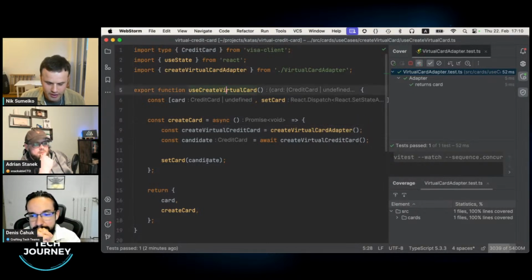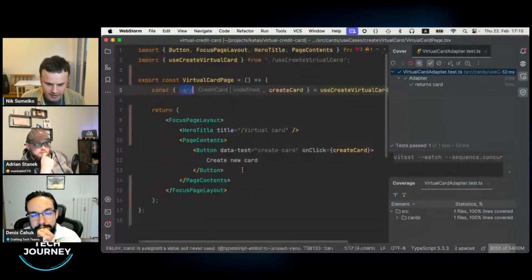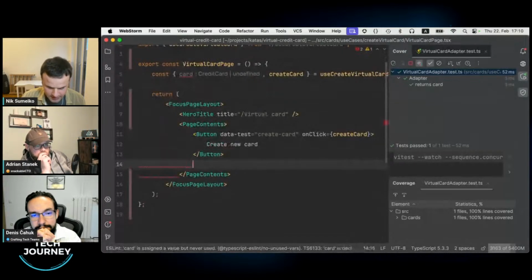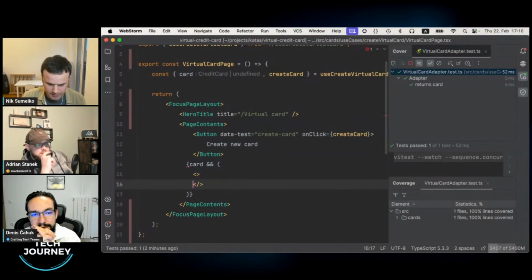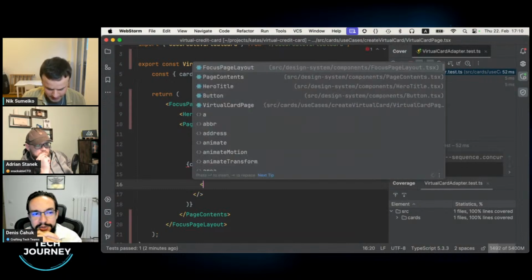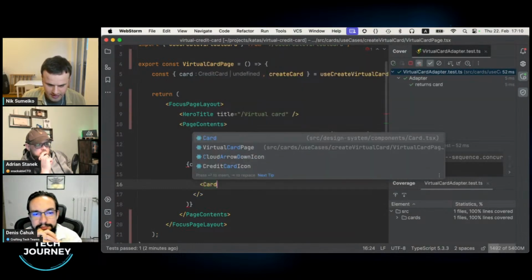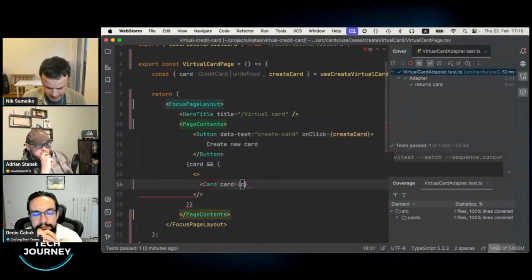All right, so we already grabbed the card in a certain way. Let's try to go back to our view functional layer and render something here conditionally. Conditional rendering in React is done something like this. I will use a Boolean, open, and if the Boolean is true, a fragment, and luckily I have the card design system component that needs a card inside.